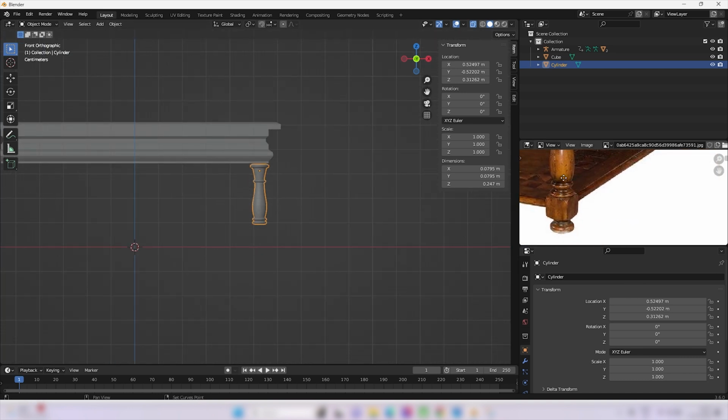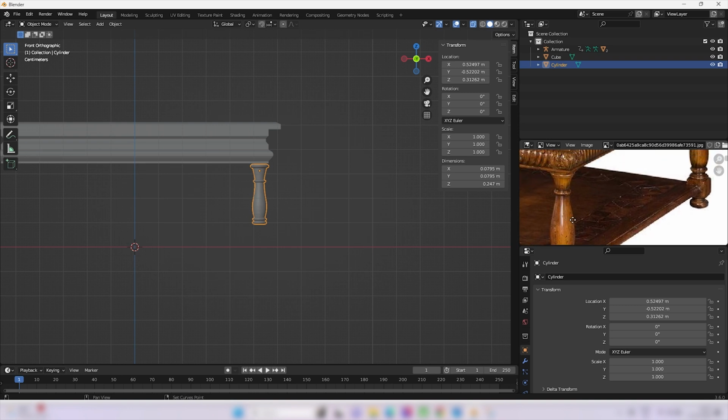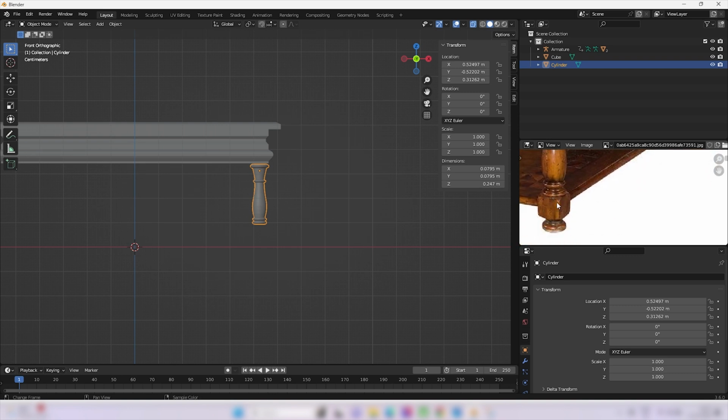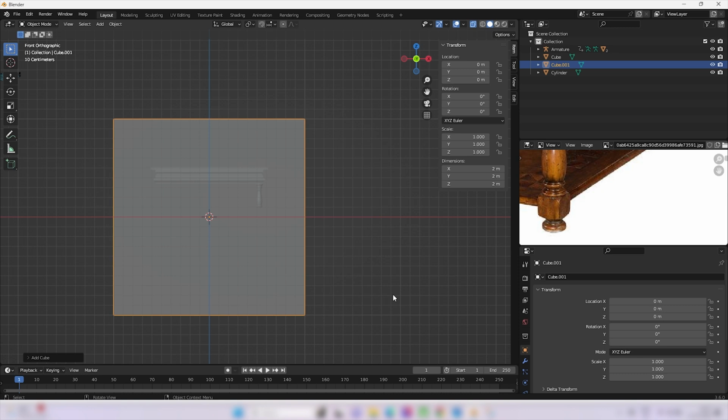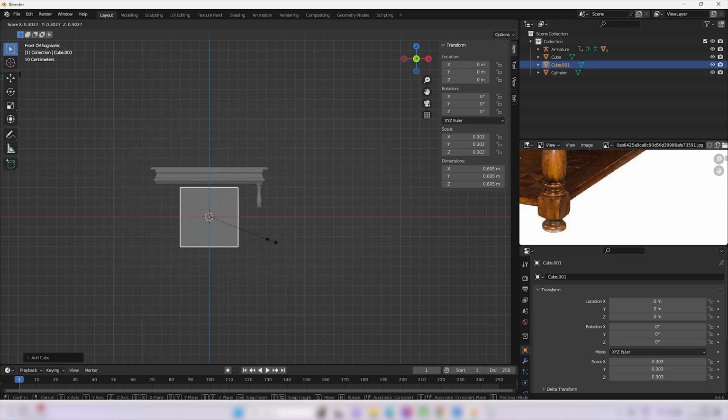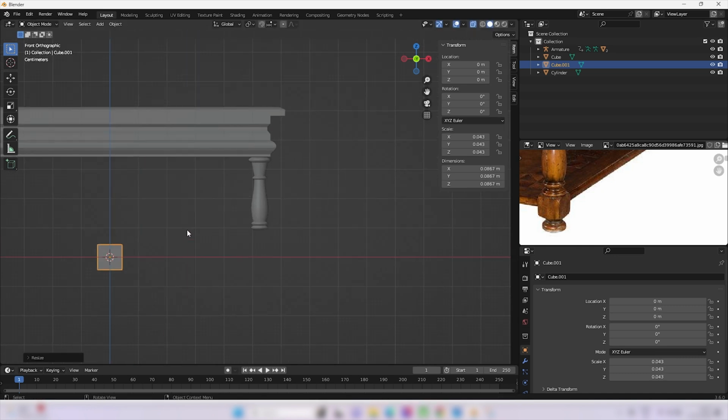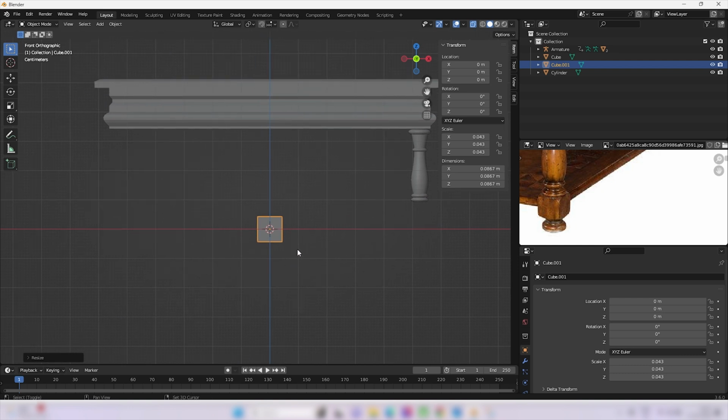So we have completed one portion of the pillar. This is not a cylinder, it's made up of a cube, so we need to add one more cube there. Now we are in object mode, I add one more cube by pressing Shift and A, mesh, cube, okay, S for scale, scale it down by moving left side, I think this is fine,